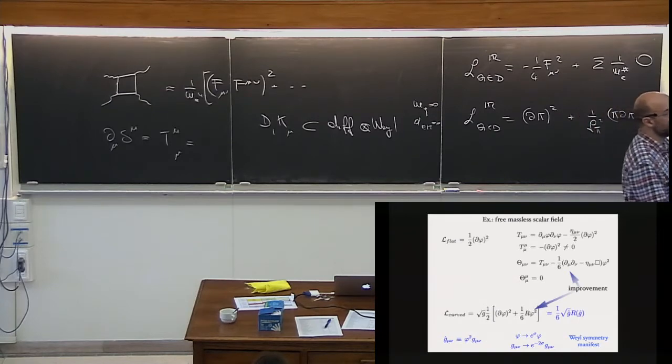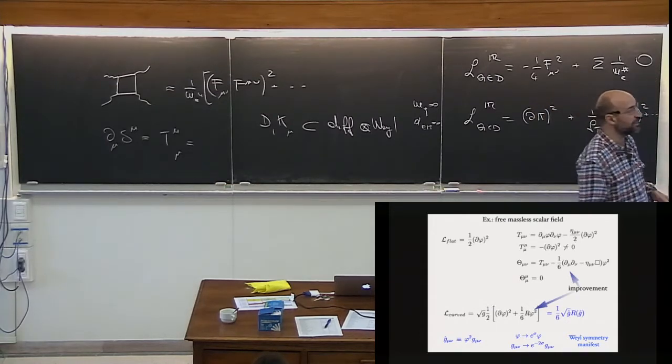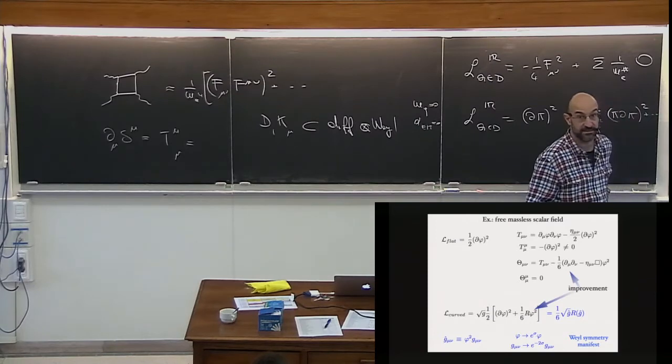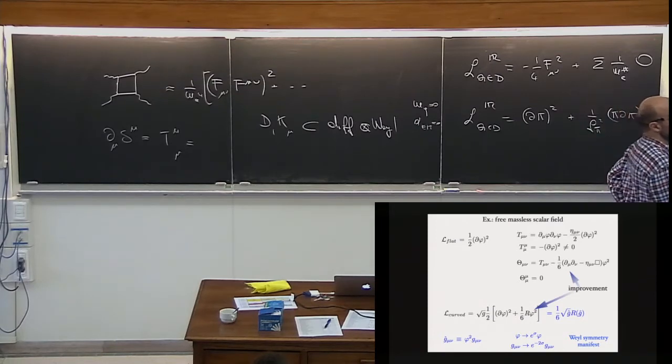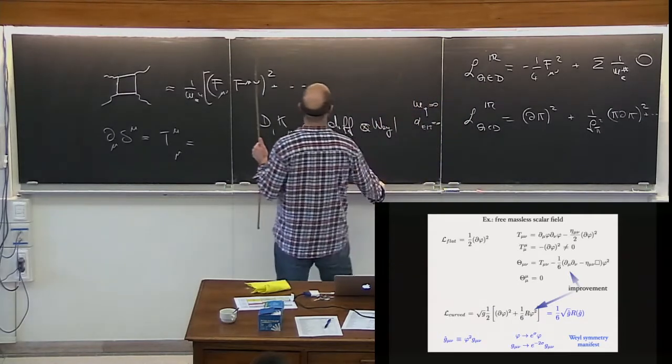But also, the resulting Lagrangian is automatically Weyl invariant. In particular, you can check that if you do this transformation, if you rescale phi in the following way and the metric that way, this is kept the same. And in particular, you can choose sigma, you can choose e to the sigma